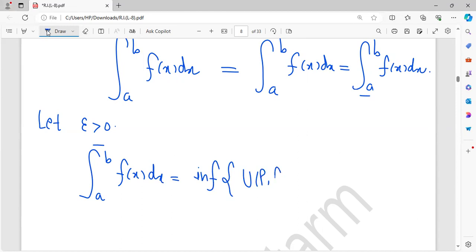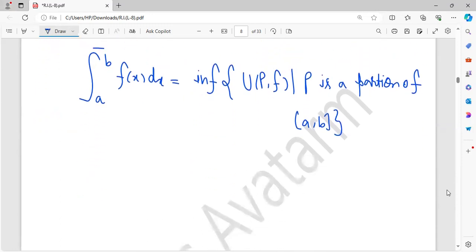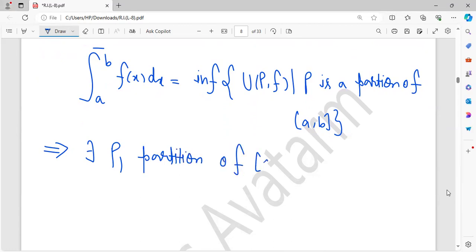where P is a partition of the closed interval [a, b]. Now, if you add something to the infimum, there will be a partition. So this implies there exists a partition P1 of [a, b] such that,